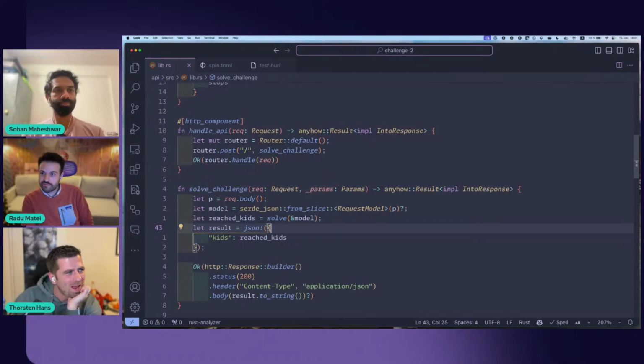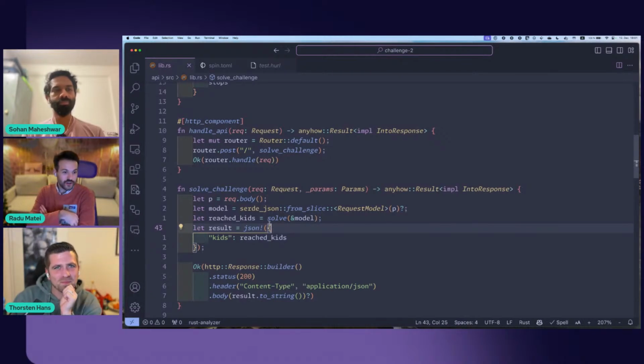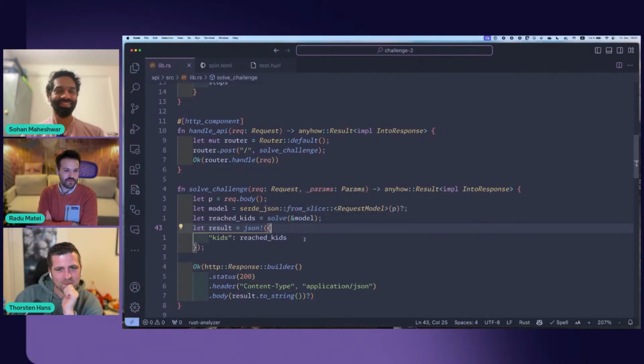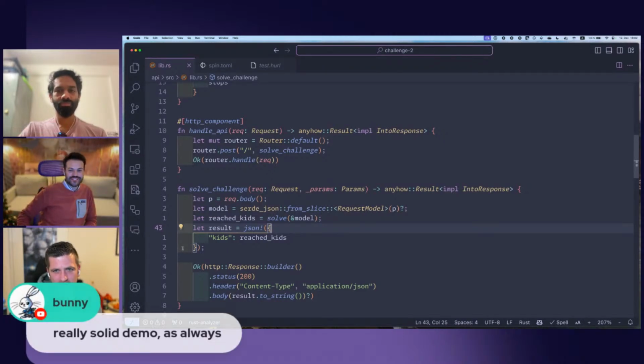This is something I've been playing around with. I'm like 8 days behind on Advent of Code this year, and basically I'm trying to follow the same approach. As always, I find this type of challenge a really good way of learning how to use a tool, a language, or a combination of tools and languages. And I'm really appreciative whenever I see people's approach on how to solve a problem. So this was great. Really appreciate you walking us through this, Thorsten.